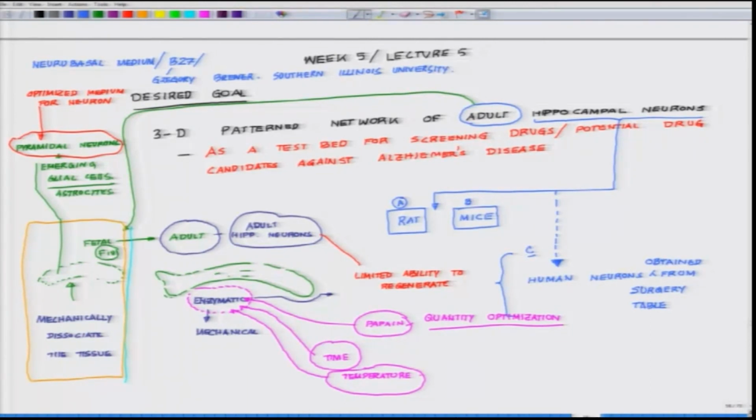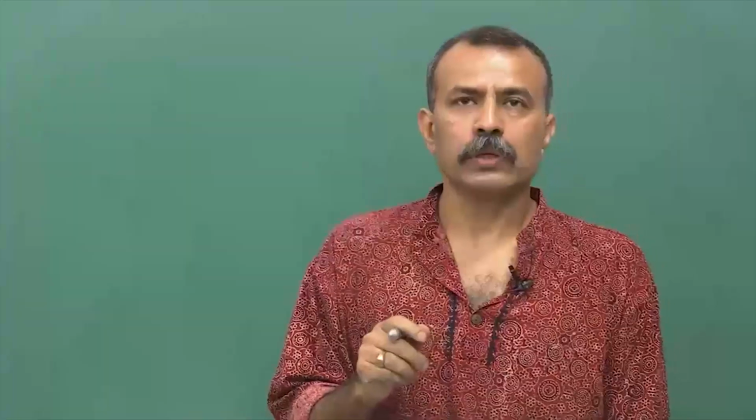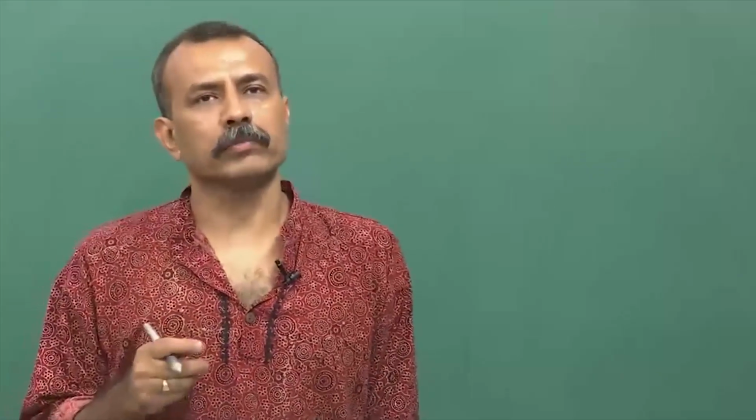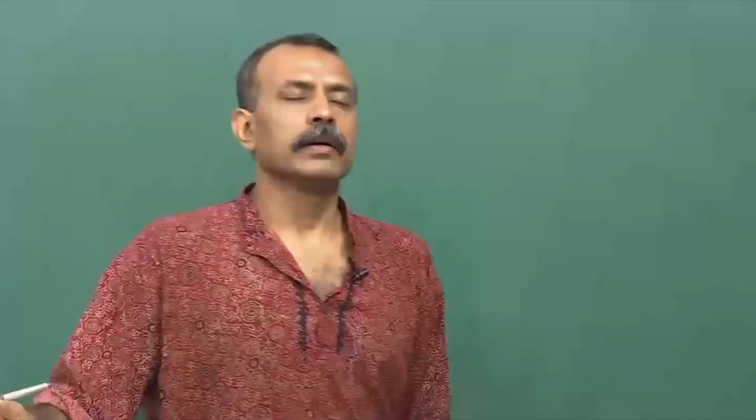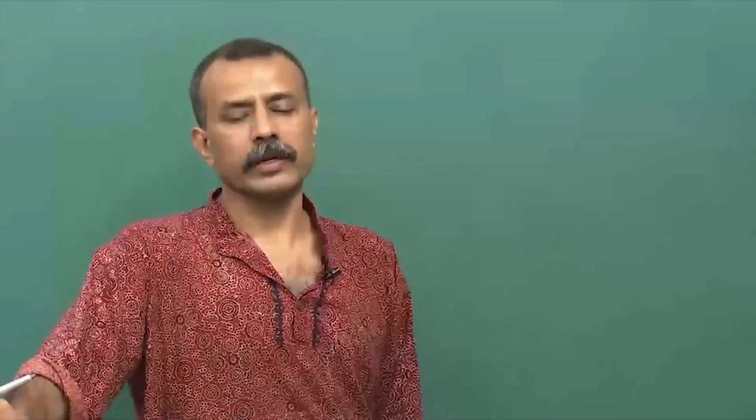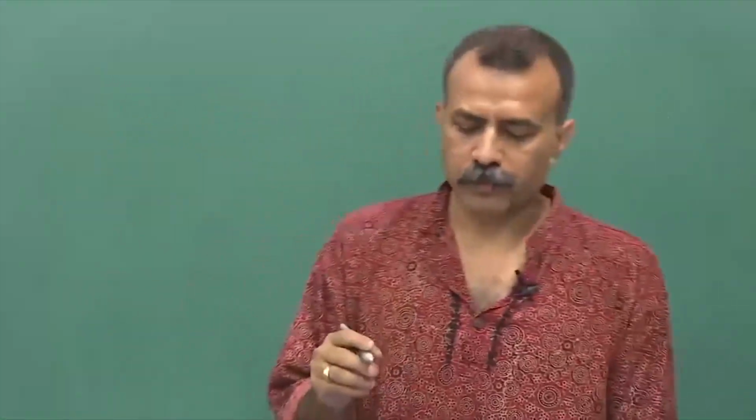Initially, he developed something called B10 or B6, something like a medium, and he further took it and made it B27. So, B27 stands for 27 different components which are added to it, which primarily support central nervous system and other neuron growth. Of course, later it has been proved that it also supports the growth of other excitable cells like muscle cells as well as cardiac cells, and that was proved much later, but initially it was developed to support